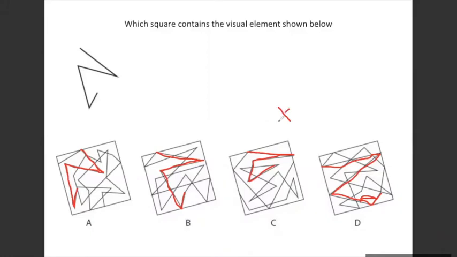So options C and D are wrong that way. In option A, this angle is problematic because it's very acute. It's too steep. This is a different kind of angle which is mostly related to what we are seeing in option B. That's why option B is the correct one here, not option A. Is this clear, students? Yes, ma'am. Yes, ma'am.